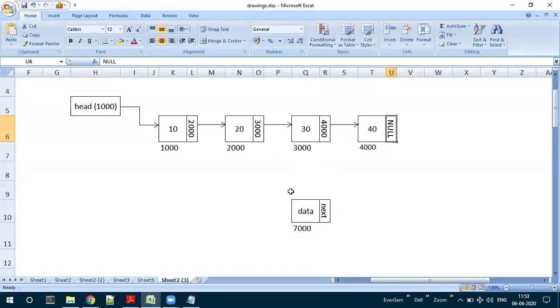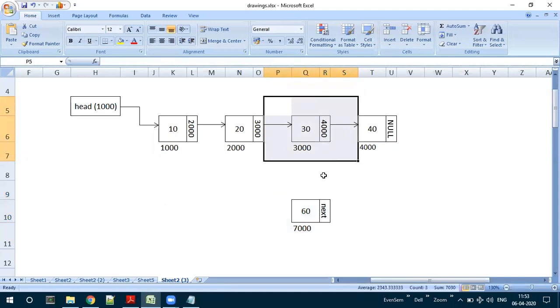Okay. Now we need to insert a new node. Say at a particular position. Let us say I want to insert after 30, means after this particular third node, I want to insert a new node. Let us say the data of this new node is 60. Okay. And at present, the next doesn't contain any value. It is some random number. Let us try to update it in the next steps. This particular new node, whose address is 7000, has to be inserted after the third node in the given list.